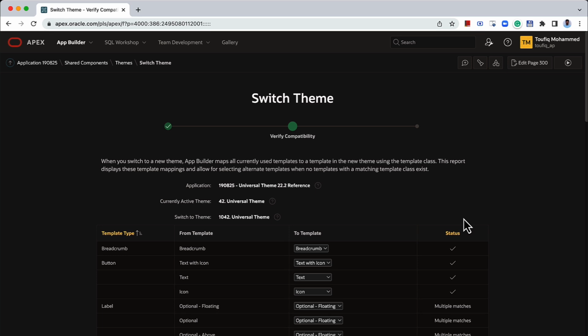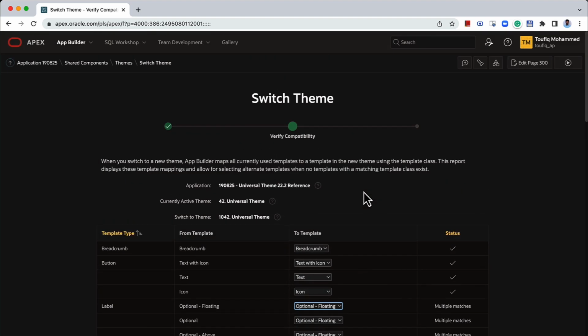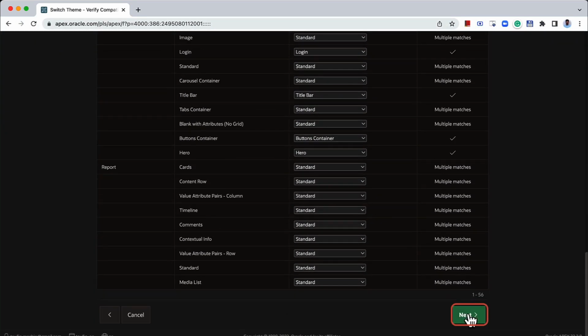So when you switch to a new theme, as we have discussed earlier, the templates in both the themes are mapped based on template class. So if there is no matching template in the target theme for a given class in the source theme, it will throw warnings, and you will have to fix those warnings before switching to a new theme. Once you have verified the compatibility of both the themes, you can click on next